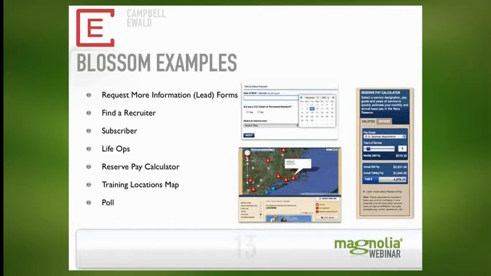And we have a training locations map also on NavyReserve.com, which shows the training locations closest to them. And finally, we have a poll, a monthly poll on the site, which just takes some questions that we serve up to them every so often and gives us a better idea of how we're doing. So first off,